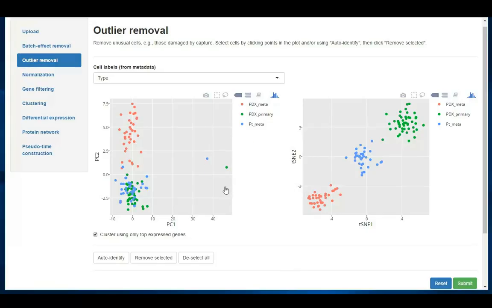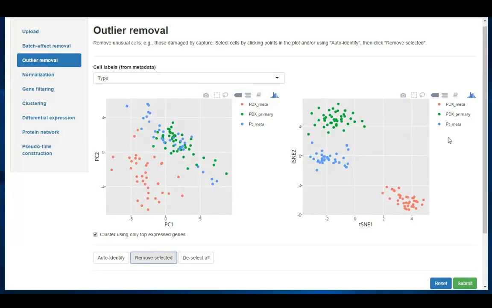So in order to remove these, we'll go ahead and select them. And actually we can select cells from either plot. I'll update. And we can deselect. Let's go ahead and select these. And then choose Remove Selected. This will replot the graphs. And now you don't see those 2 outliers, and those will be removed in the subsequent steps. So let's go ahead